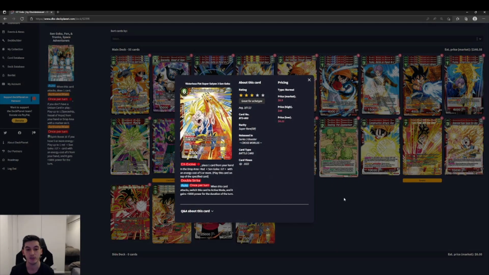For example, we have Victorious Fist Super Saiyan 3 Son Goku, which is an EX Evolve for 1 red energy. Sorry, I should mention it's a 25k double strike as well. EX Evolve for 1 red energy, place 1 card from your hand in your drop area. We get to EX Evolve over a red Son Goku GT with an energy cost of 5 or more, being the 3-drop Goku that we just went over. Auto once per turn: when this card attacks, switch this card to active mode and it gains plus 5,000 power for the duration of the turn, making it a 30k, which is pretty good,